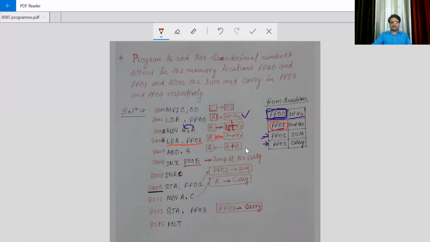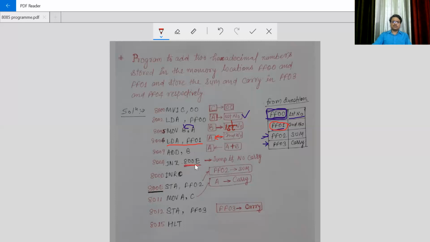Now see one thing. We also have to do the calculation of carry. In register C, we have already stored 00. So now we will use the instruction JNZ 800E, which means jump if no carry to this location.